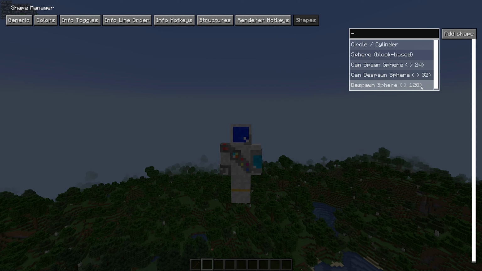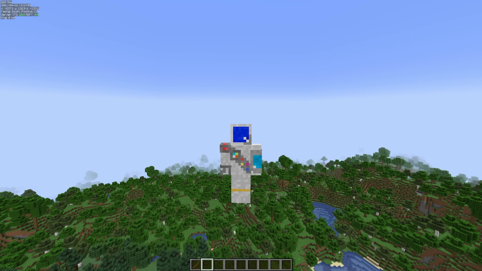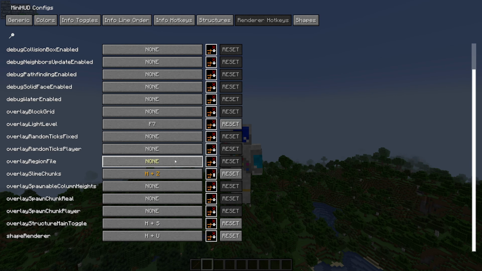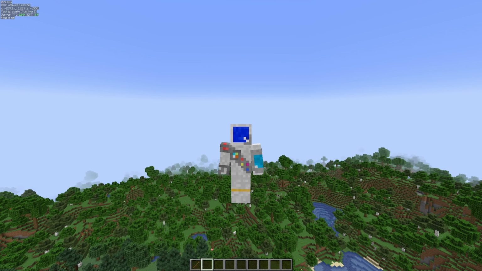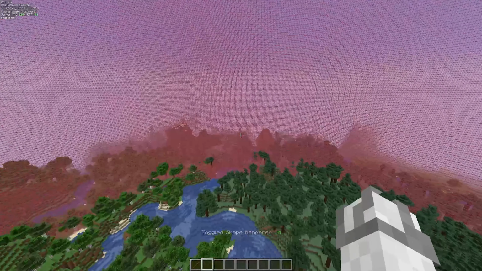I can add a despawn sphere. Add, enable, and if I go to hotkeys, it will overlay the shape renderer when I hold H and press U. So as you can tell, it brings up a sphere size radius